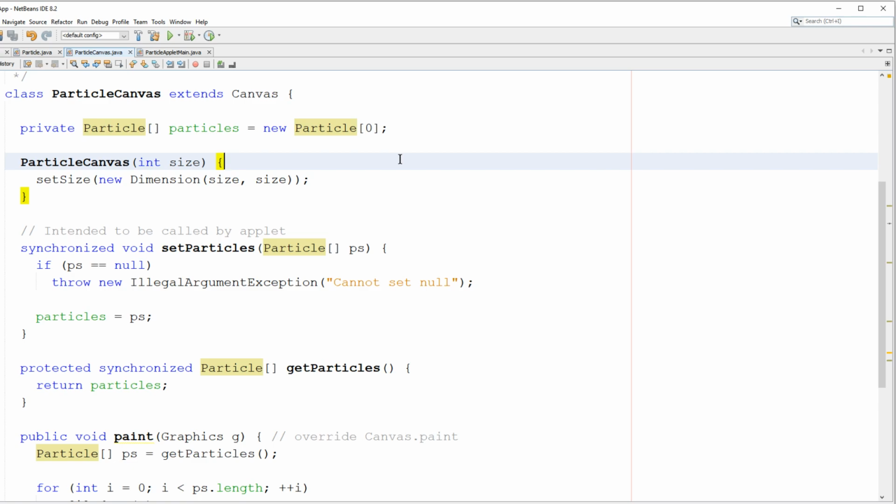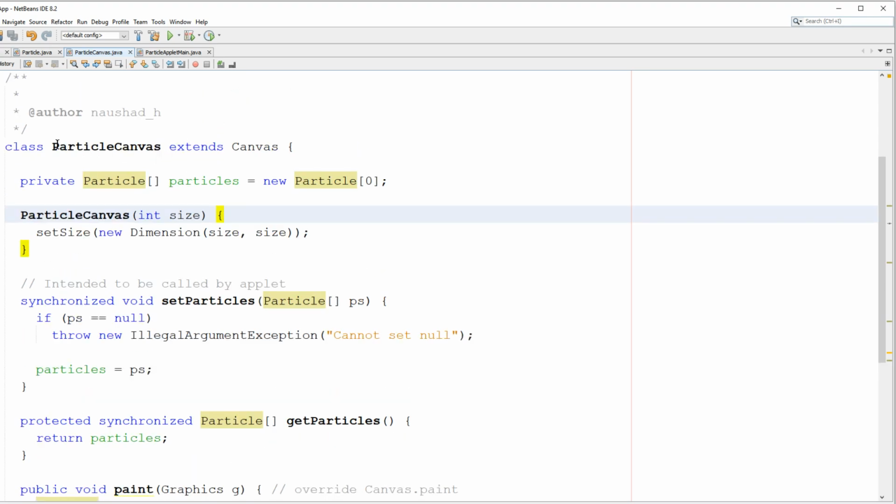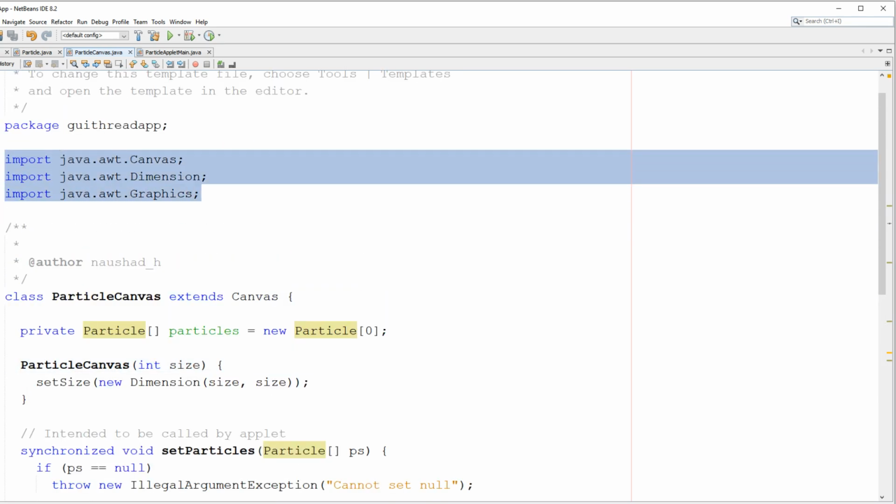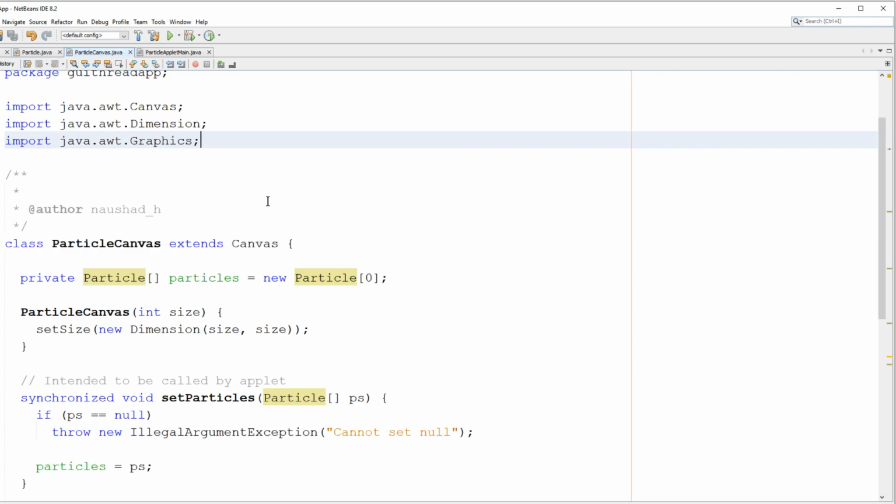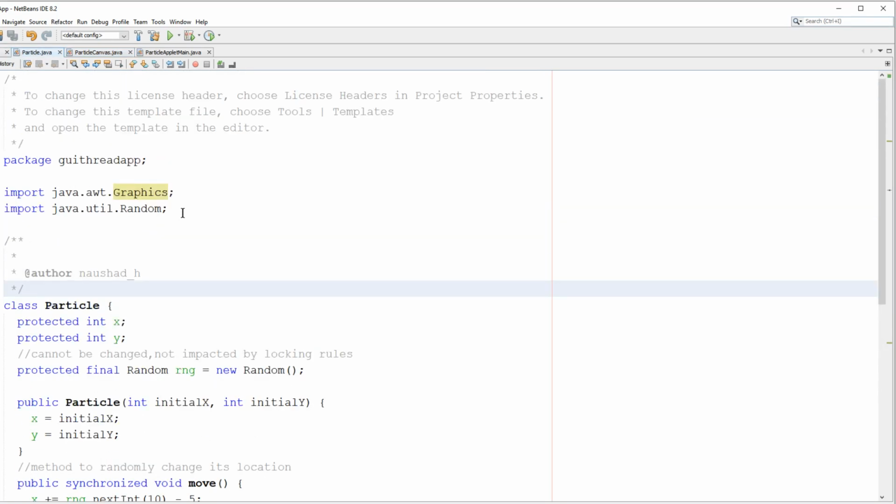You just have to follow this example, type out this example yourself into NetBeans and see if it works for you. So this is an example of a small canvas where you have class, partial canvas, extend canvas, and remember to import these classes to make this work. And after you have imported them, even here in the particle class there are some imports, and of course if you